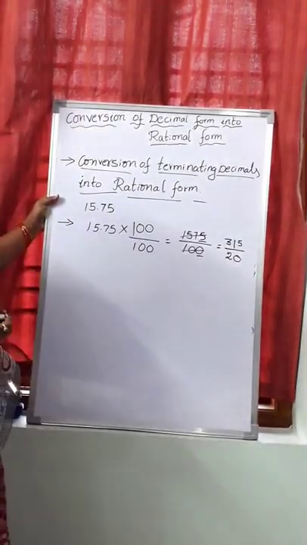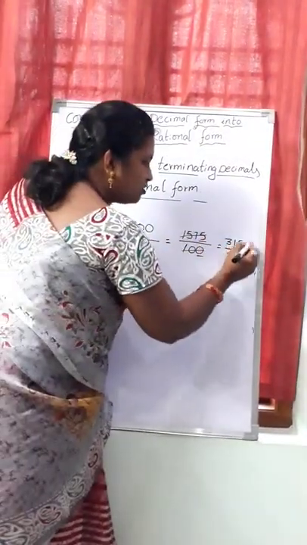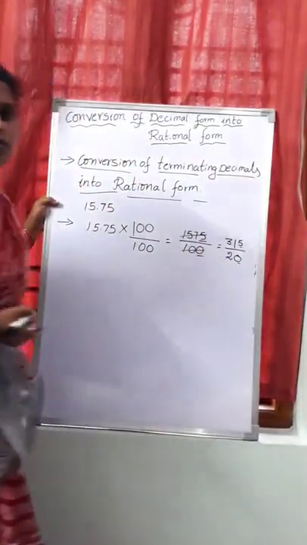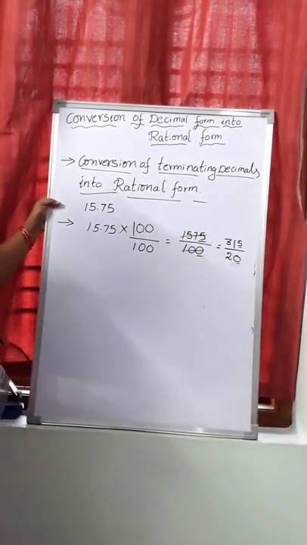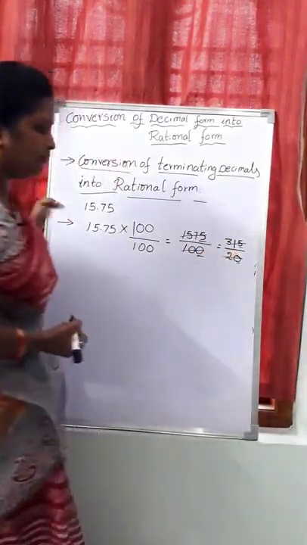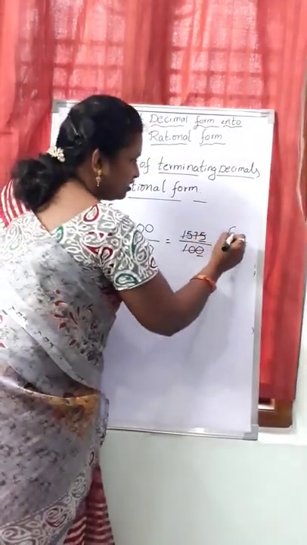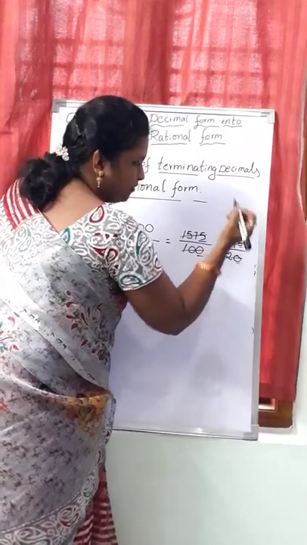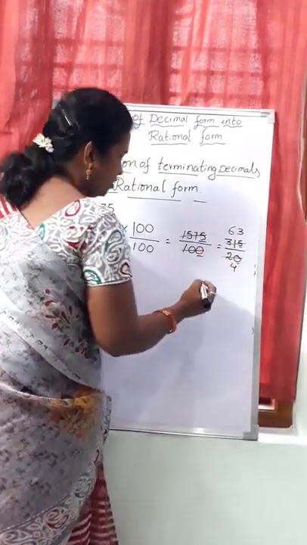Okay, now once again when we are observing, here also we are having the units place is 5, here also we are having the units place is 0. Once again we can do the cancellation with the 5 table, or not? Yes, we can do the cancellation with the 5 table. Here also 5 6s are 30, and we are having 5 3s are 15 and 5 4s are 20.